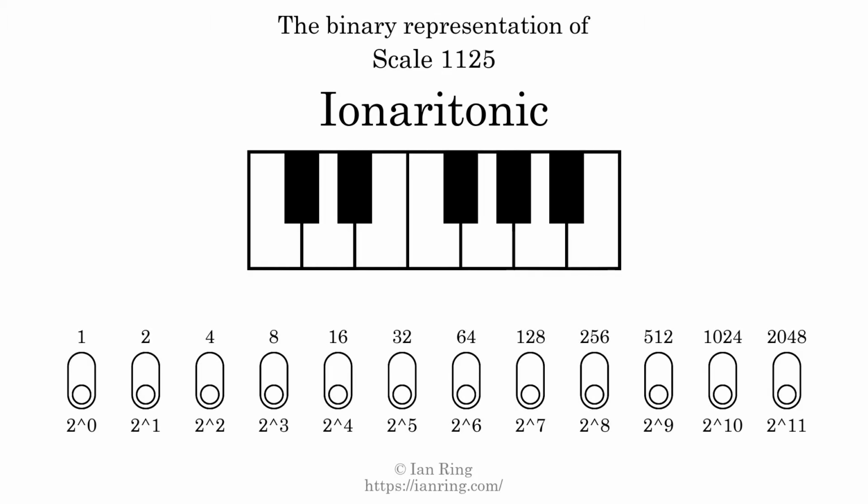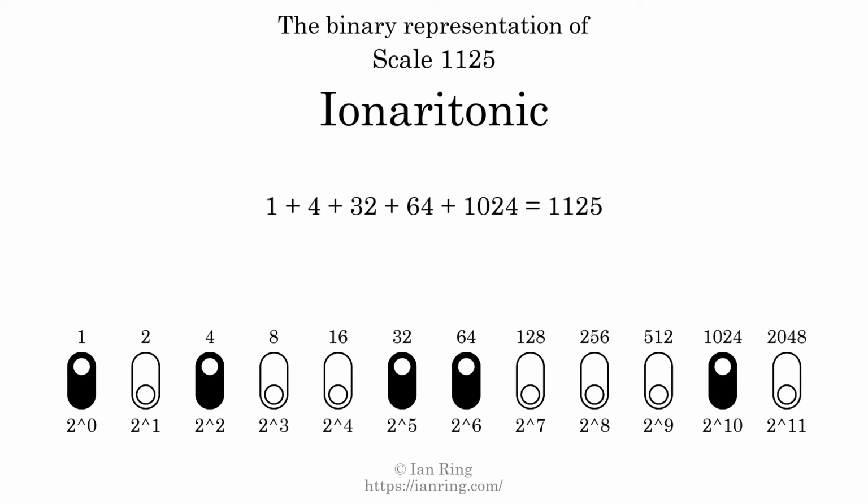The binary representation of this scale is determined by mapping tones of the scale to binary digits. Each binary digit represents a power of 2. To get the scale number, we add the powers of 2 together. The powers of 2 that are present in the scale, all added together, equals 1125. That is why the scale number, in decimal, is